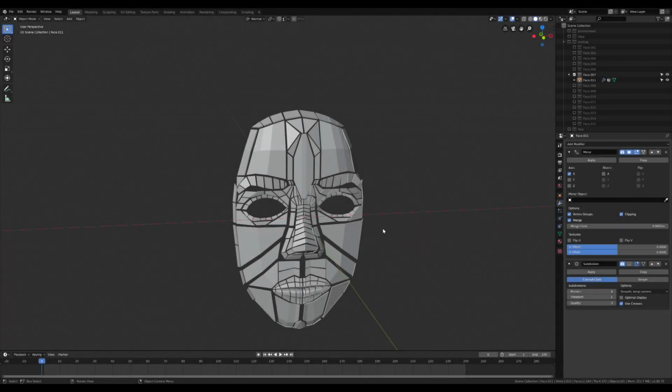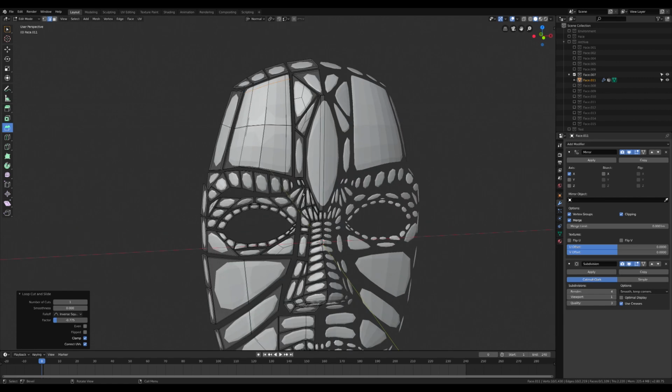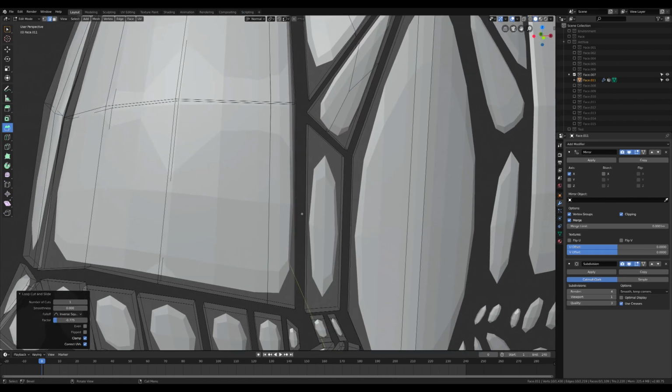So I've come across this problem that I want my edges to be smooth but still keep the shape of the whole object. And that is possible by going into edit mode and then adding edge loops and then applying a subdivision surface modifier so the edges stay in shape